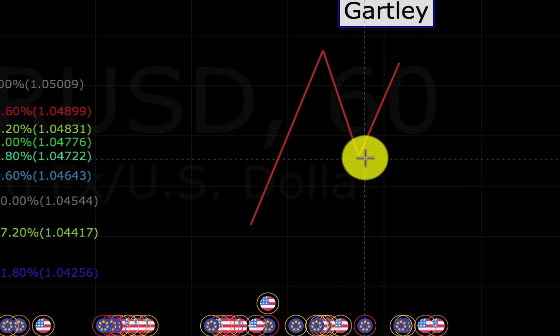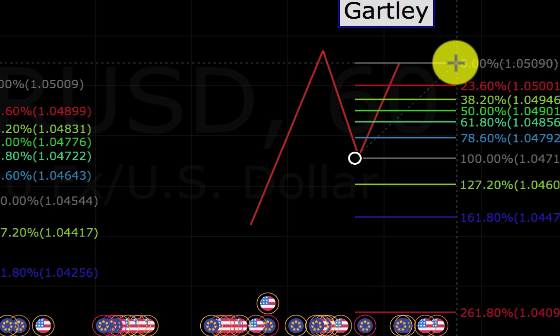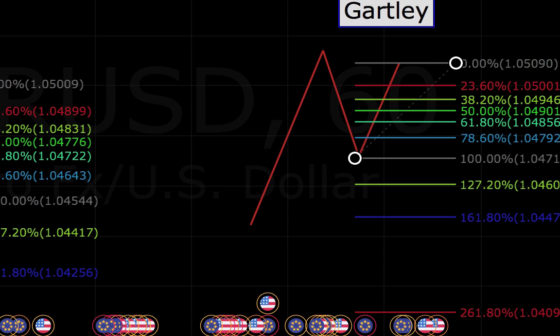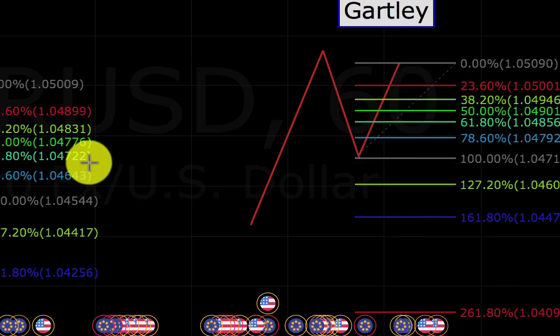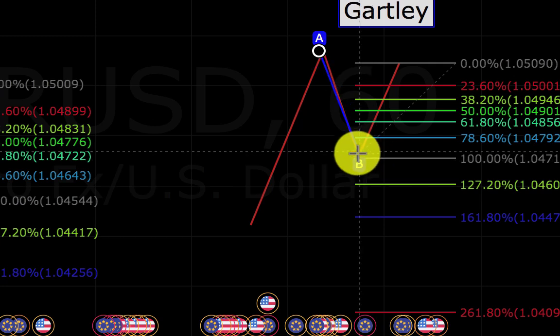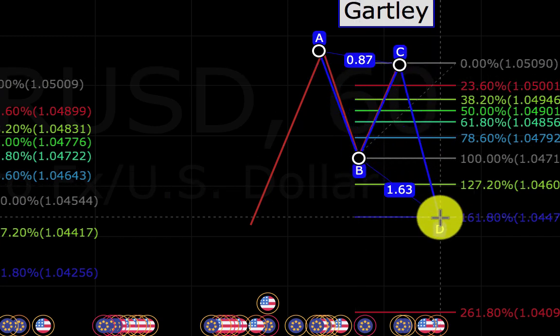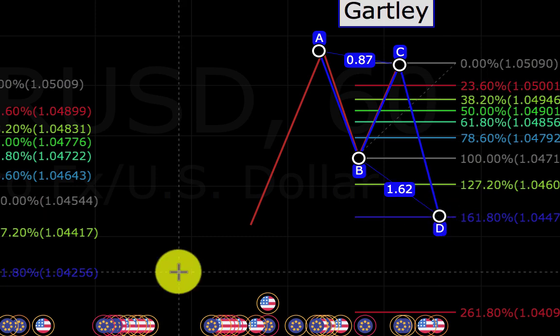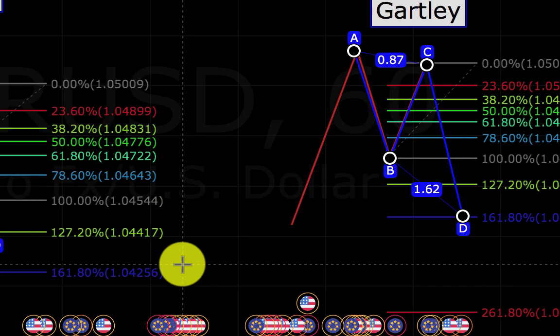So we will measure the B and C, and we will take these two points. A, B, C, D. Okay, that will be the Gartley